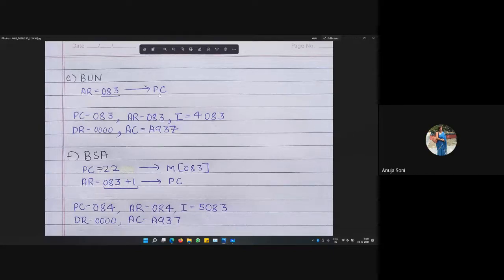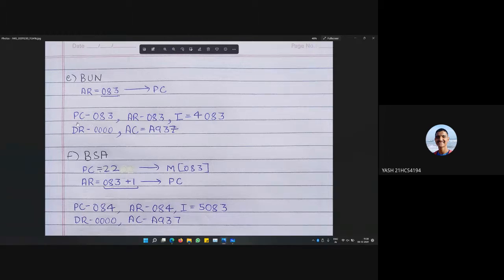Now the branch unconditionally statement will change the PC value to the value in the address register. So the next instruction will be fetched from 083. Instead of PC going to 22, PC will directly go to the 083 line.